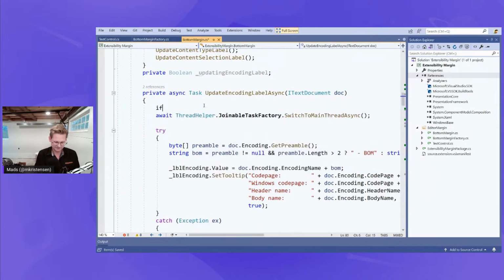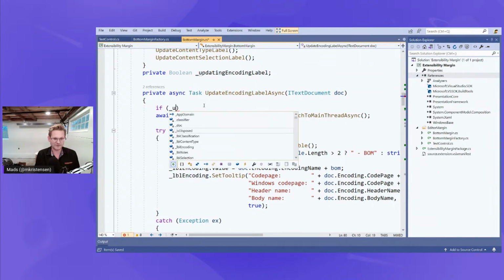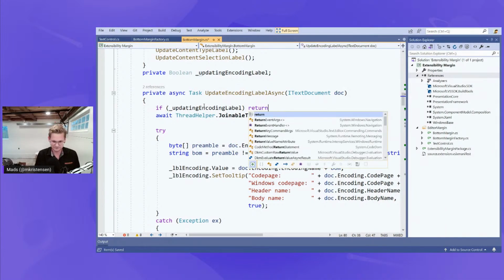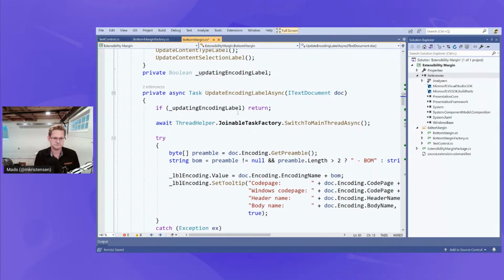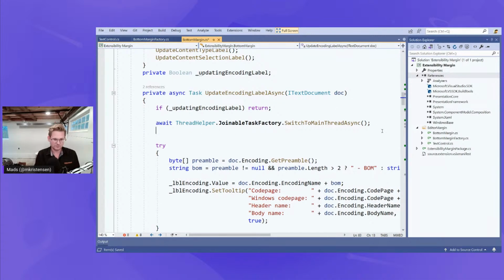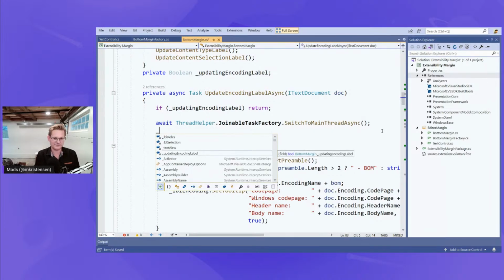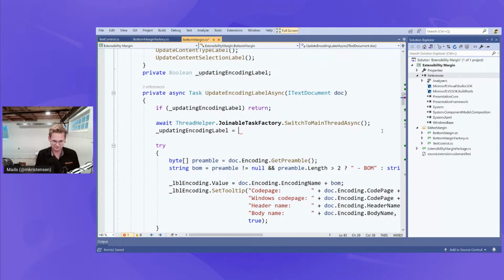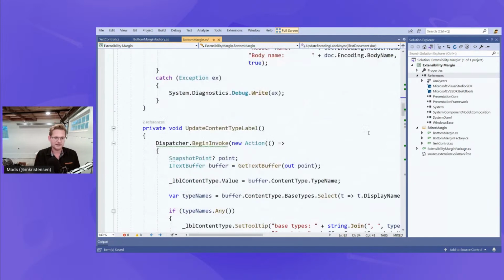The first thing I do, if I'm updating the encoding label, then just return. Otherwise, move to the main thread, like here. And then afterwards, we can say now we're updating the encoding label, like that. And then at the end,